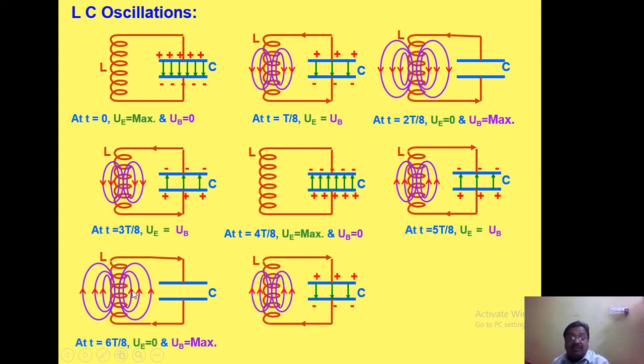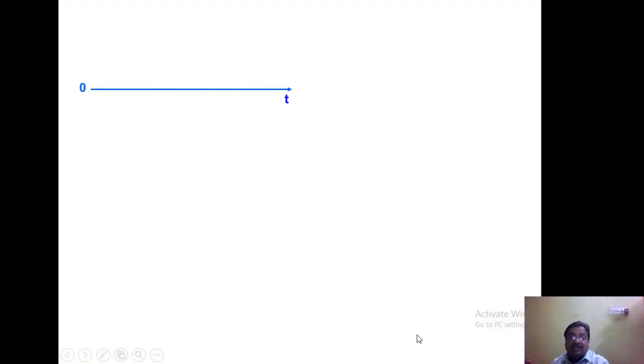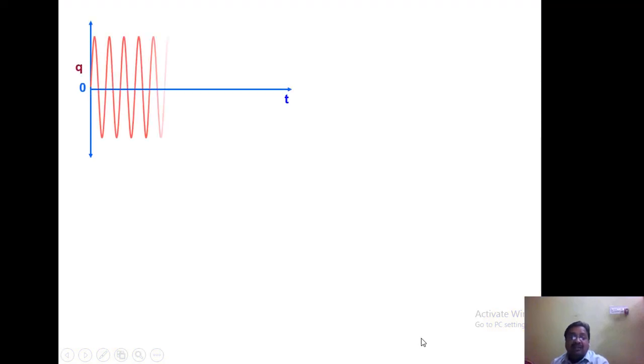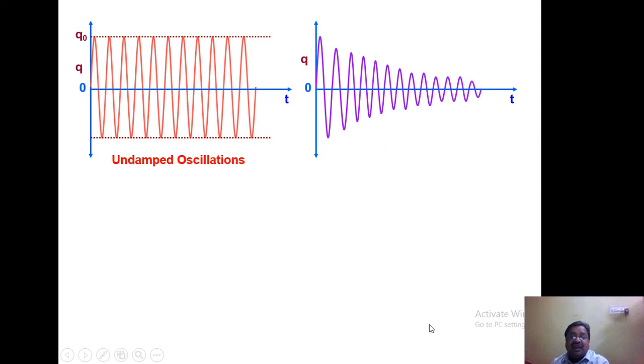After different intervals of time, you see variation, and due to this variation, the circuit is set into oscillations. One part of the plate here is positive, here it is negative, at when UE equals UB. But when the electrostatic potential energy is zero, energy due to electric field is zero. Here you see the capacitor plates. So in this particular case, oscillation will take place in a circuit called LC circuit